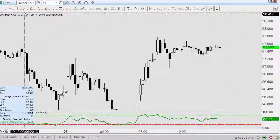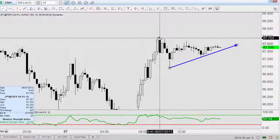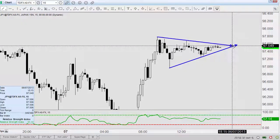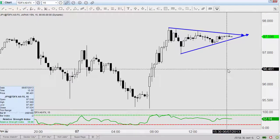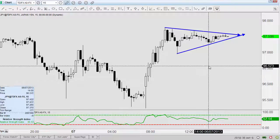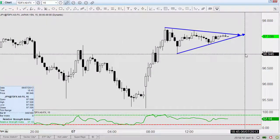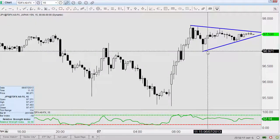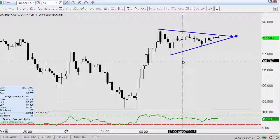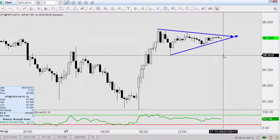What I'm looking for here, guys, is I'm looking for the market to break out. And guys, I don't really care which way it does it. We have basically a flag formation, a pennant formation. Market shoots up, then we form a little pennant here. And now we're waiting to see which way the market is going to go, whether it's going to break out